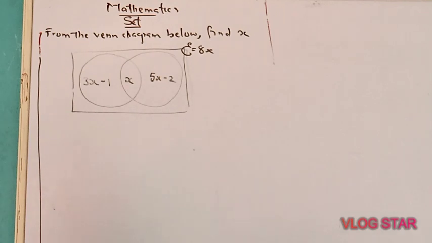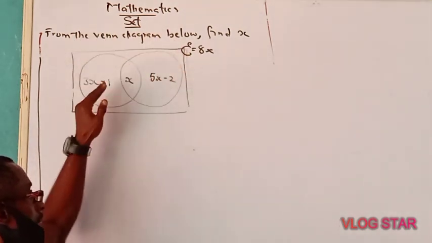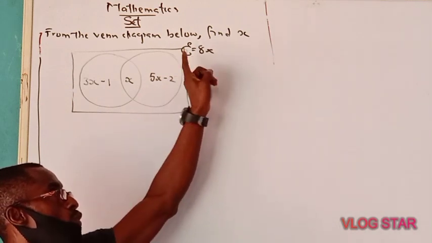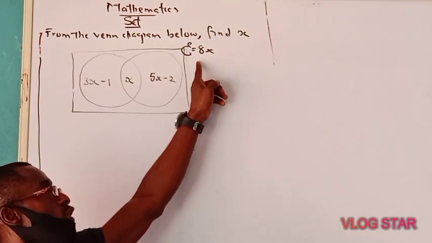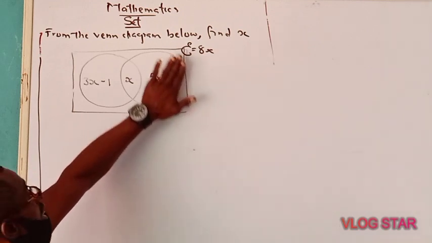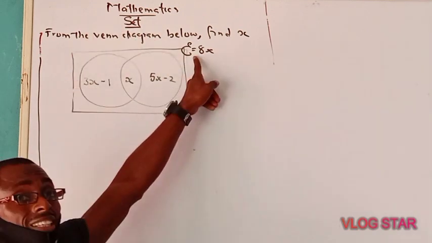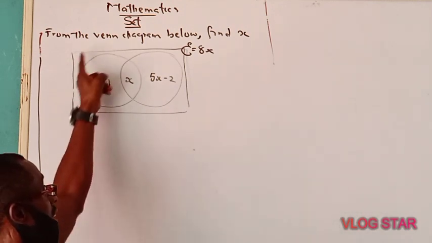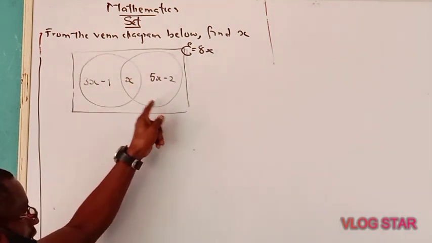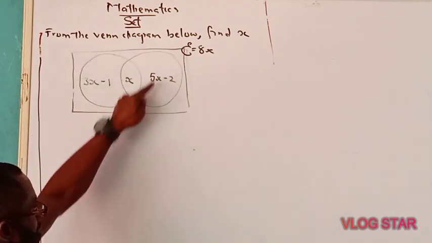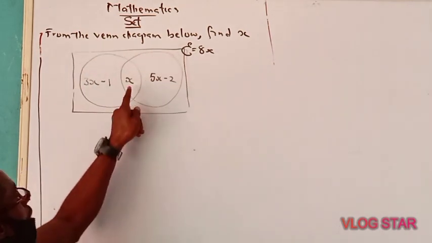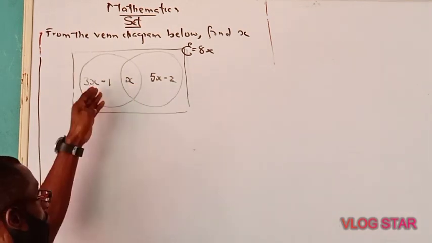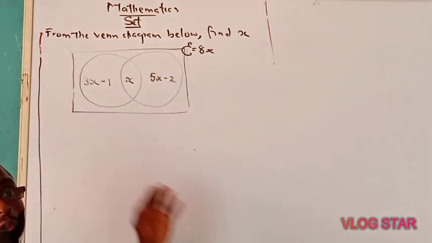Now what you do is, everything here belongs to this. This is the universal set. It shows that everything here will sum up to the universal set. That's one thing you should note about a Venn diagram. Everything in the set, both the one outside this, the point where these two are meeting, that's X, is their intersection, what they have in common. The addition of this and this is the union.